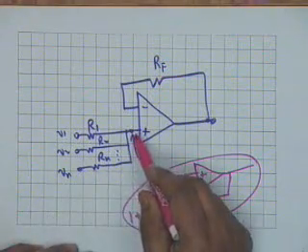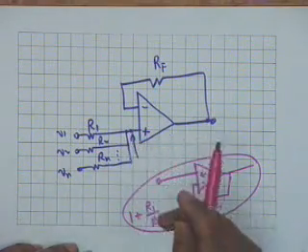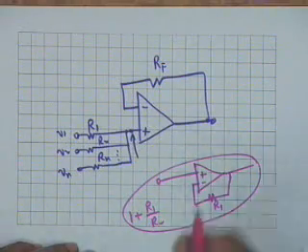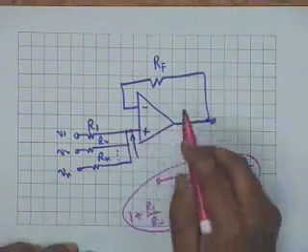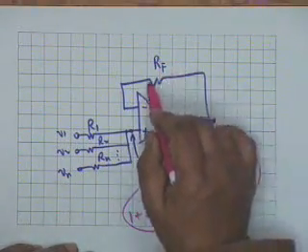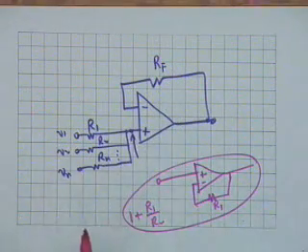The addition is done right here, and the gain from here to here is +1. If it is +1, do I require the RF? No, I don't require it. So I can as well short circuit this. Or if you want a gain,